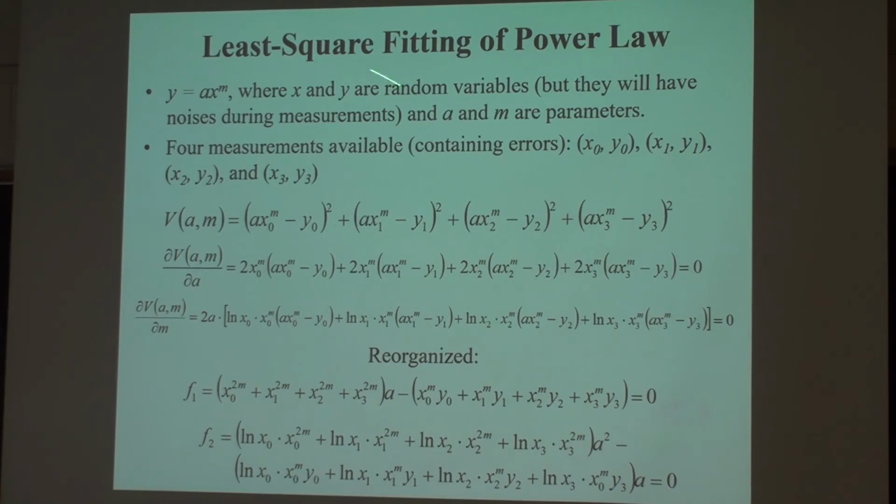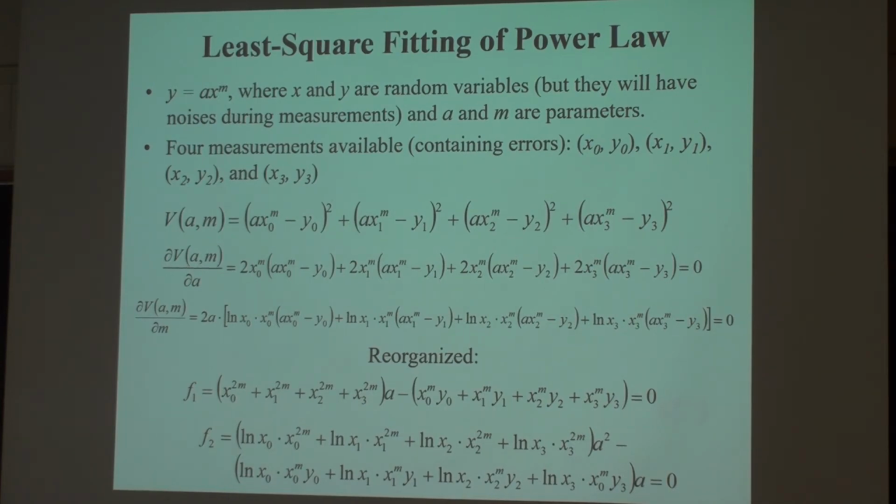But let's work on this problem. Asymptotically I know it's equal to y equals a x plus b, but you will actually get a different set of answers. Let's see what answer we get. So the objective should now be this function. This is my model, a x0^m minus y0, squared. Second point, third point, fourth point. I take the derivative with respect to a and m, set them to 0, reorganize them, and I get this.